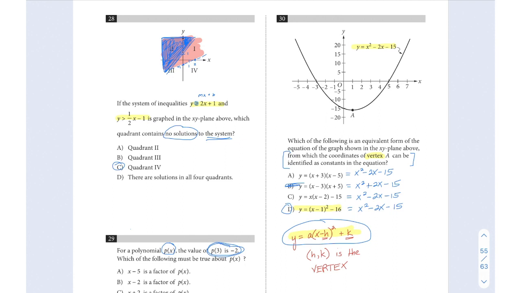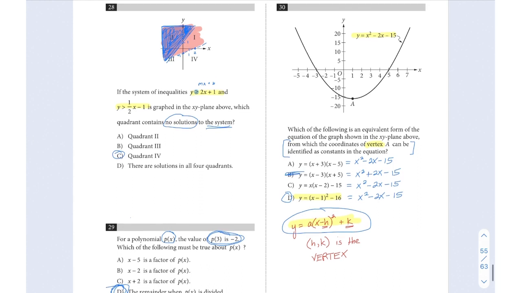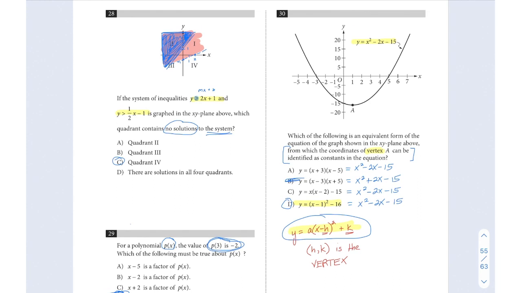So on 29, if you know that definition that we talked about there, you can get answer choice D very quickly. And on question 30, if you know vertex form, which we see written out here, we can get to answer choice D very quickly there as well, saving us a ton of time heading into